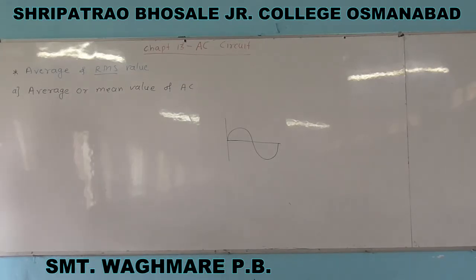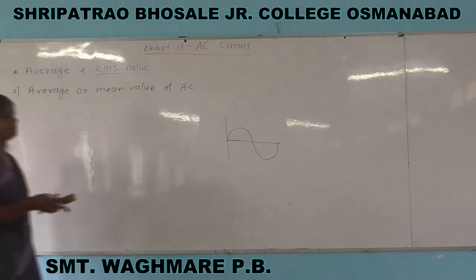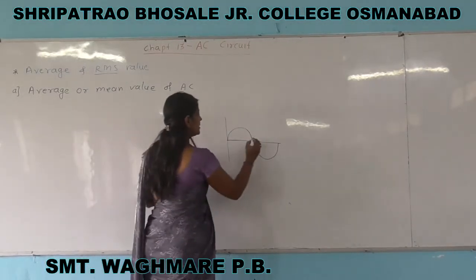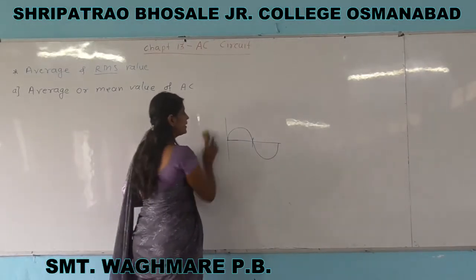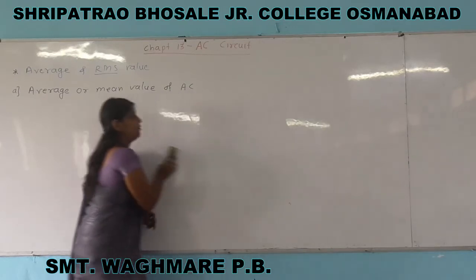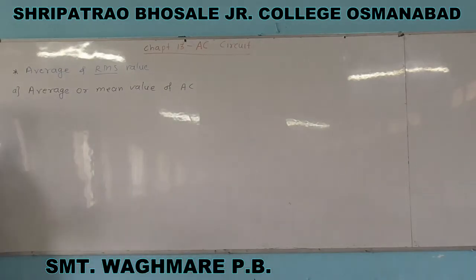The average value of the voltage or current over one half cycle, that is, this is a half cycle. Therefore, the average value of EMF or current over a half cycle can be given as